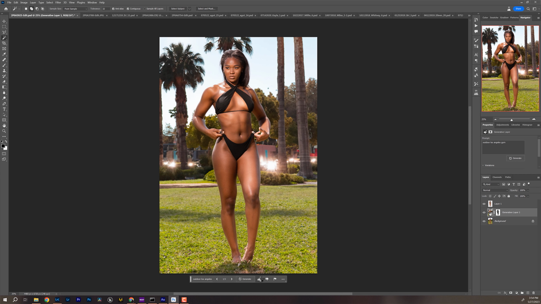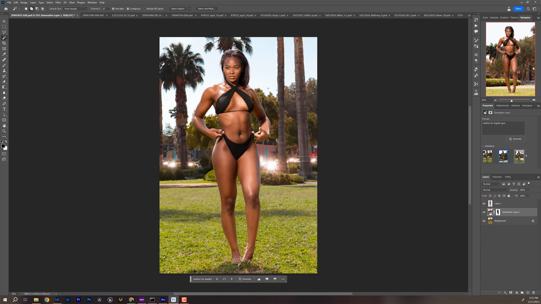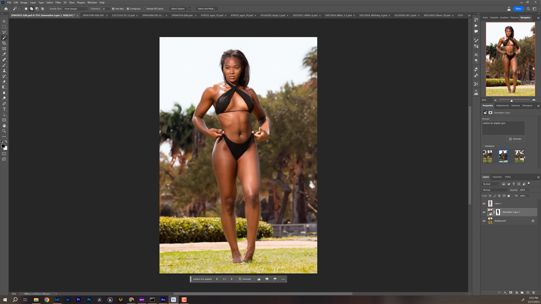All right. So it kind of didn't give me the gym that I wanted. As you can see, it still gave me some other options. It gave me just more of a West Coast kind of background. It completely put her in like a whole different region. And you see we have, just like if you've ever used Stable Diffusion or DALL-E 2 or Midjourney, it gives you other options, right? So, and I believe it gave me this because I put outdoor Los Angeles.